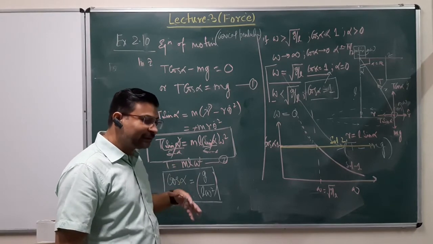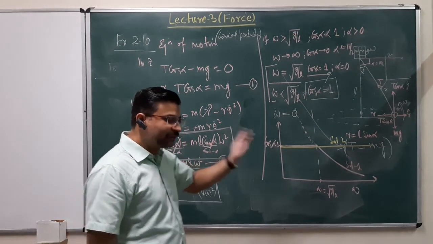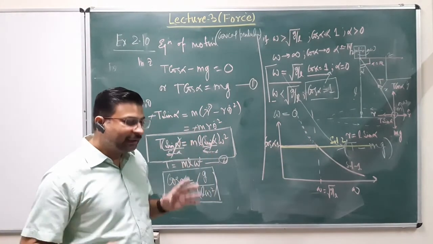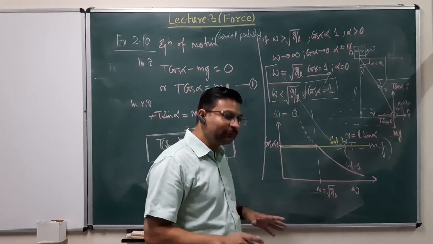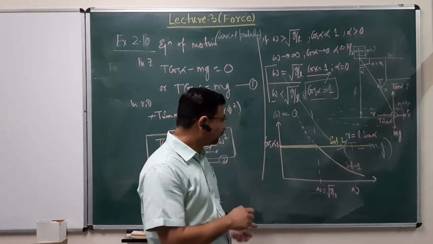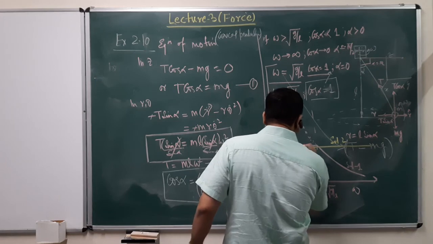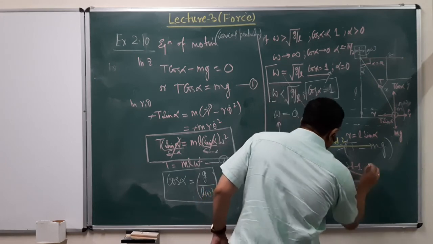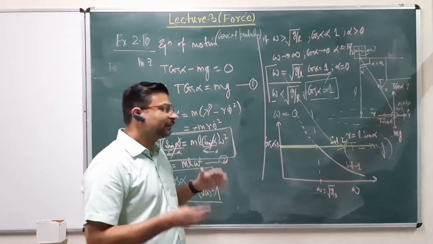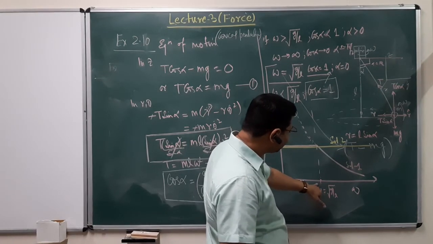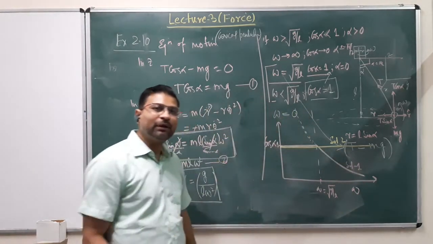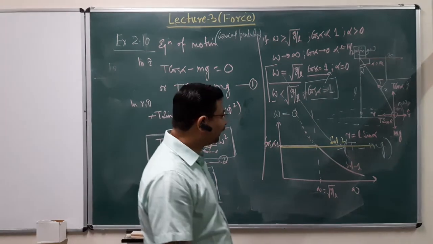Of course, our experience tells us that it will almost always go outwards, right? But that is because of the perturbation in the system. That is because we never have an ideal system where there are no unknown parameters which affect the behavior of the system. So, in general, what will happen is the system will hang vertically and then start following this equation of motion. However, if we can set the system in an ideal condition where there is no perturbation present in the system at this point, it may as well simply cross this point, remaining vertical, and the bob will keep on spinning with the angular velocity omega aligned with the vertical direction.